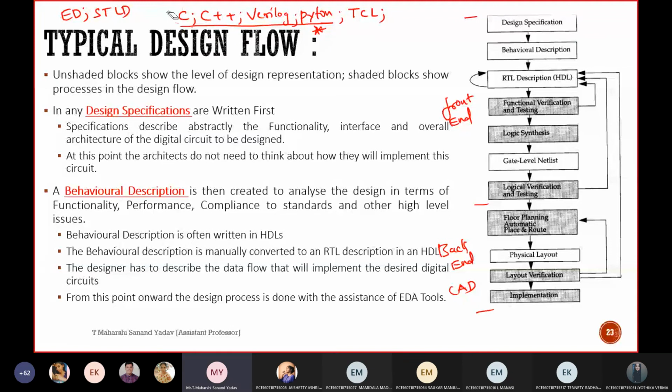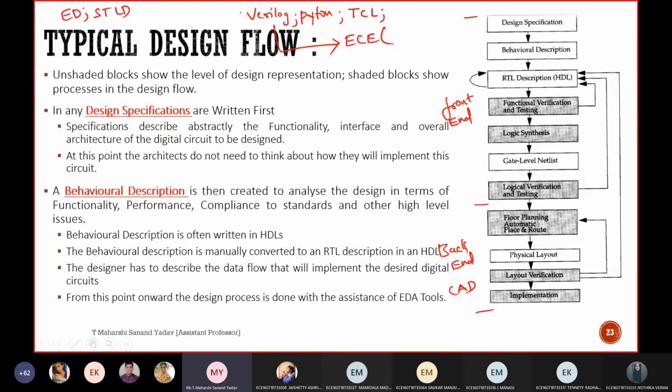A CSE person can get a job directly by using C and C++. But nowadays they are taking Verilog also. Why? Because an ECE guy will have better knowledge of the subject. Once he's perfect with these languages, he can easily get a job. Nowadays, without knowing these languages, they are only going with Verilog. That's the reason why the majority are not getting a job in the VLSI industry.